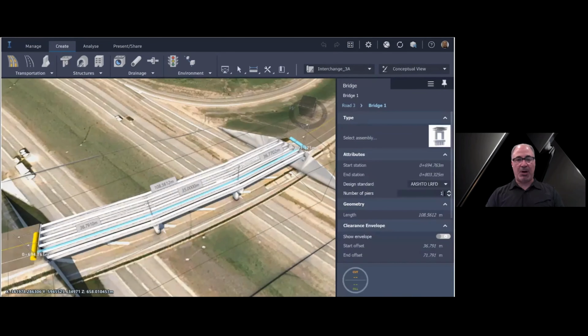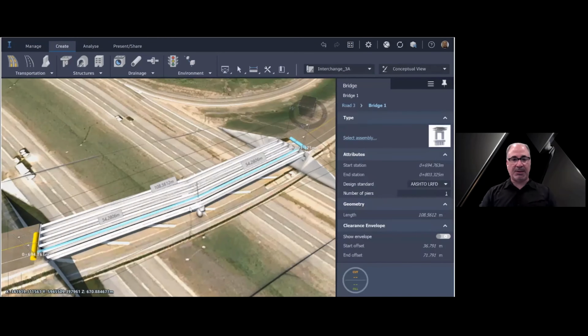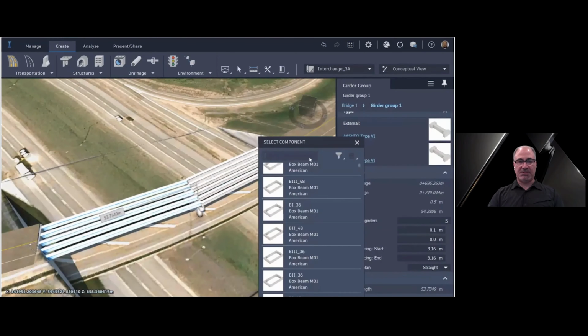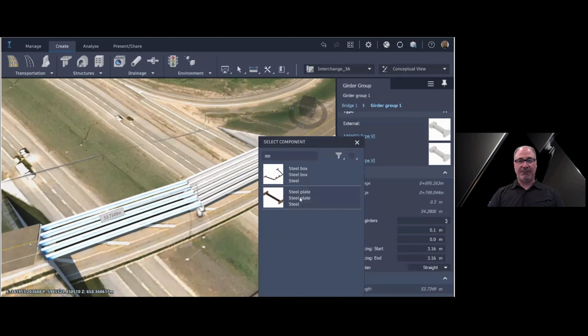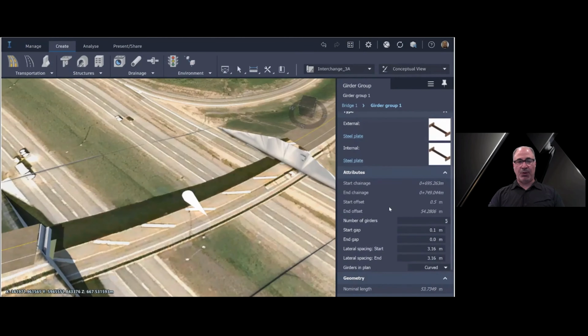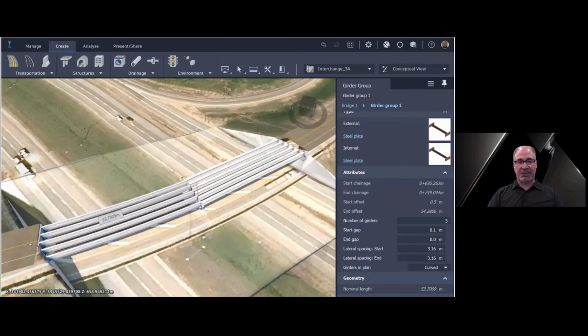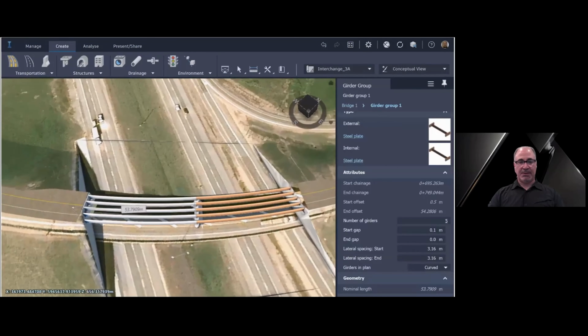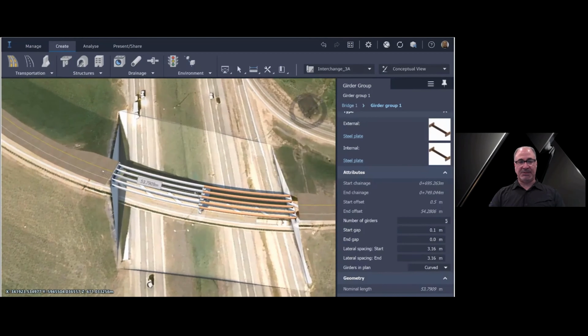The next step is to model the bridge in context. So here you can model in real time the bridge. A default bridge is presented and we adjust it. We're going to change the number of piers to 1, change the number of girders, and switch the default concrete pre-stressed girders to steel plate girders. We're going to say that we want these steel plate girders to be curved and planned. And once we make these changes, it's very easy to make the other spans the same and so on.